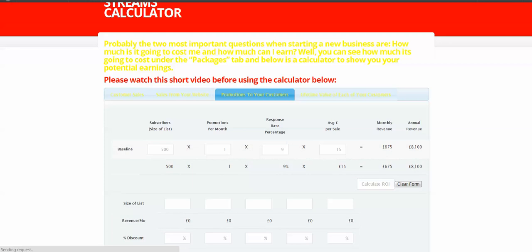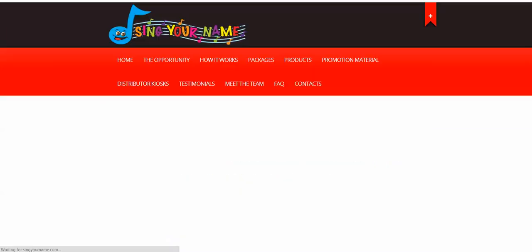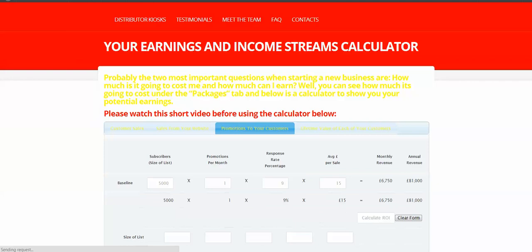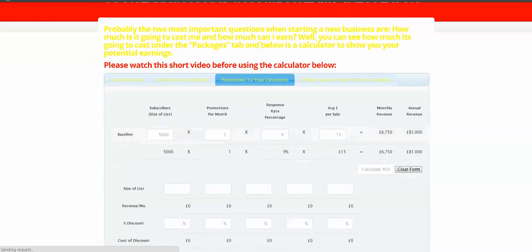As this increases, now let's just say you get up to 5,000, and it's not going to take you very long to get a database of 5,000 people on your website. You'll get that naturally through the hits from your website. You'll get it through word of mouth from people you know. And let's say you once again do promotions of just once a month, and you get a 9% return. Okay, £15 is the average sale. We click the Calculate Return of Interest button,